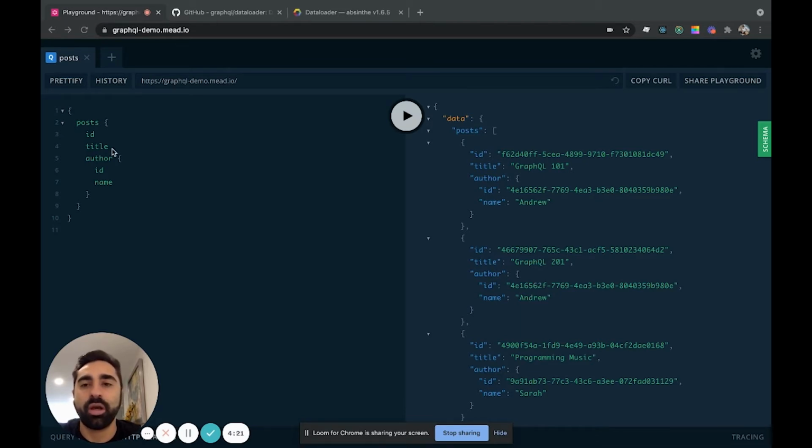So in this example here, we are requesting a list of posts, their ID and title, and for each of those posts, we want to get the author information. You'll see over here in the result, we have 3 different posts, 2 by Andrew and 1 by Sarah. Now, the GraphQL way of resolving this query would be first to get all posts. And so the resolver for posts is likely to do a select all from our post table